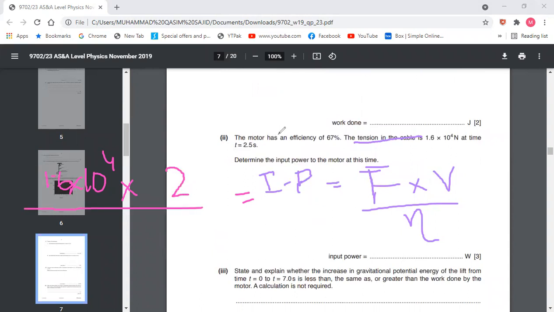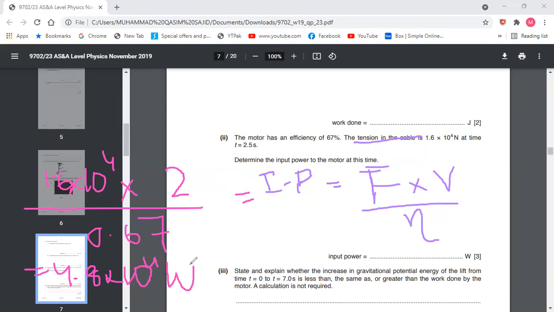upon 0.67. 67%, so it means 0.67. Yes, 0.67. Let me quickly calculate it. 1.6 into 10 raised power 4. That is correct, 4.8 into 10 raised to power 4. Yes, so the answer is 4.8 into 10 raised power 4